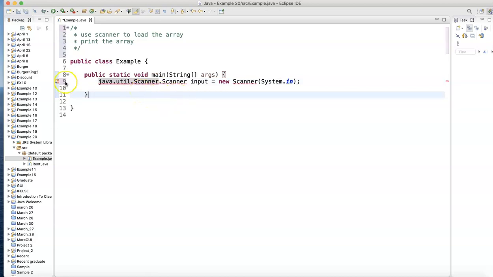And this program I'm using doesn't like it, so we'll put it back there. We'll leave it there. Import